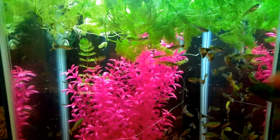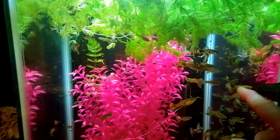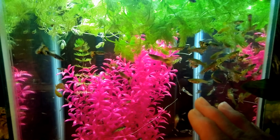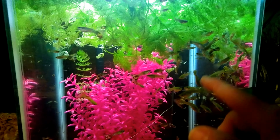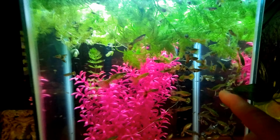That's what happened. I did try to put some of the old guppies in. When I first got this colony of guppies, I used to only have the tiny guppies, but about 10 years ago I got this colony of guppies, and I tried to mix them